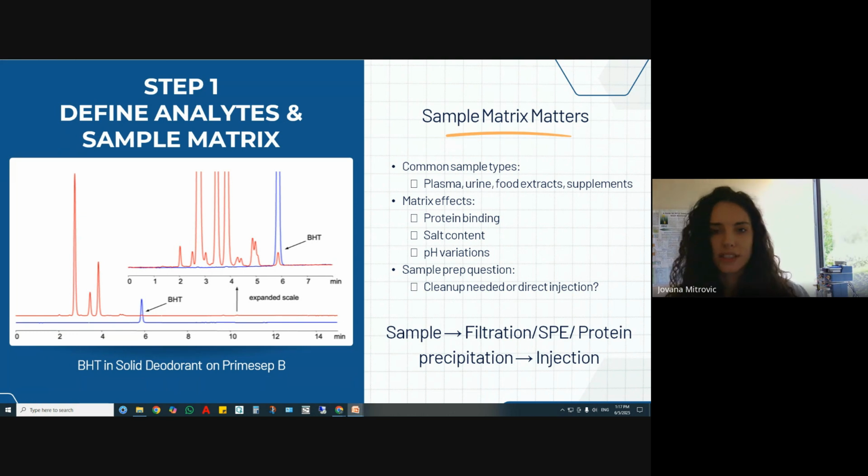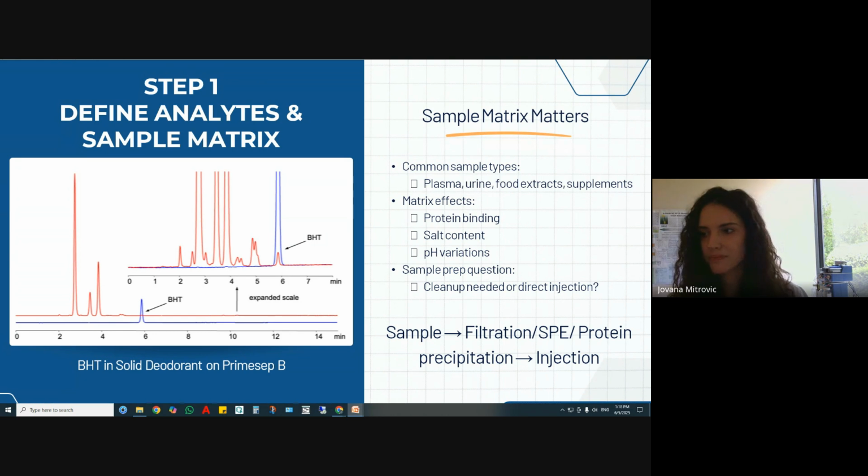For particulate-laden samples, filtration can prevent column clogging. We also have solid phase extraction, which is another great option for reducing interferences. So let's look at a quick example. Imagine analyzing butylated hydroxytoluene in solid deodorant, a waxy, very complex matrix. Here, a simple filtration or solid phase extraction cleanup step helps remove these interferences, protects our column, and improves